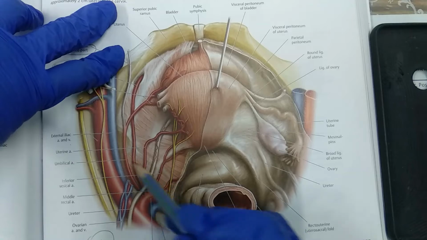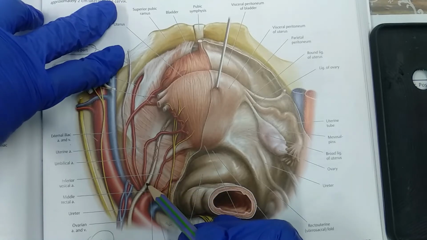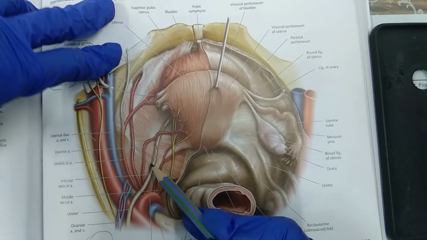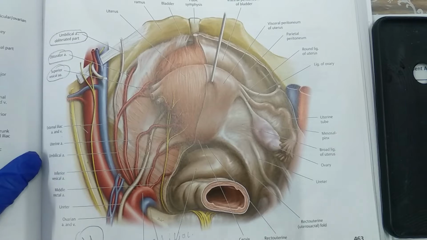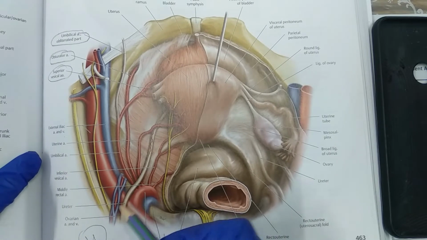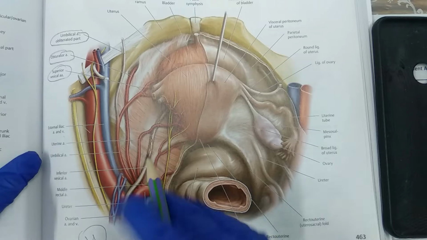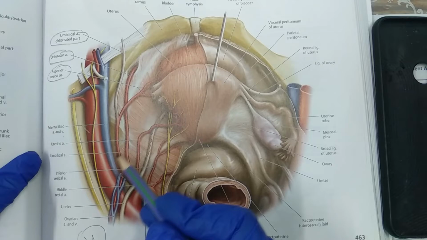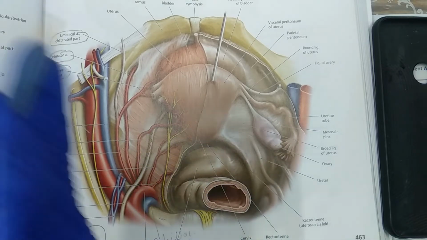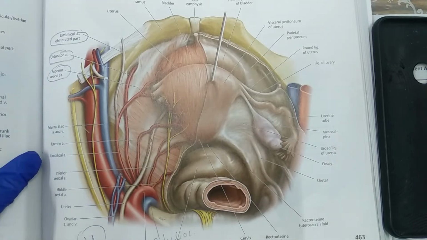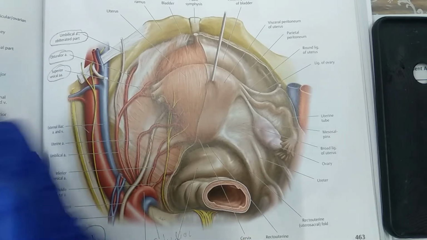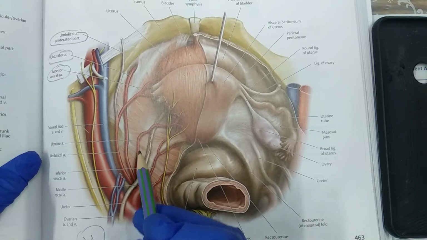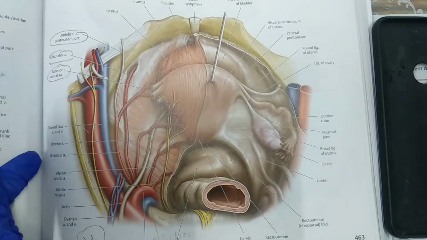Now let's see the lateral structures which are coming in the lateral relation of this part of the ureter. As this is the superior view, this is the ureter, and all these vessels and nerves you can see here, they are on the lateral aspect of the ureter. This is on this side and on this side also. So all these vessels and nerves are on the lateral aspect of the ureter.